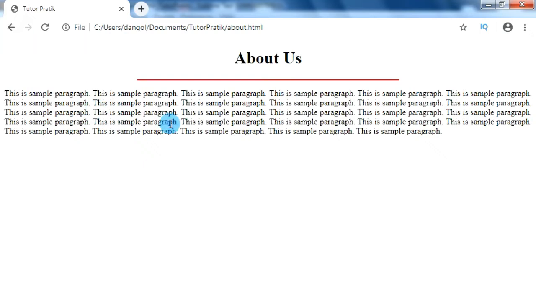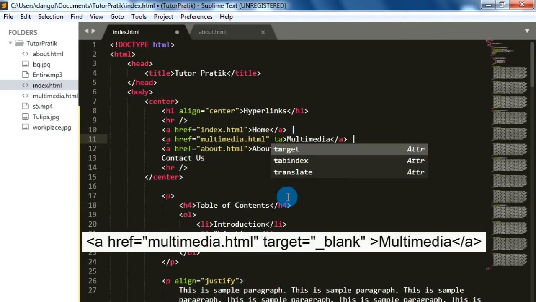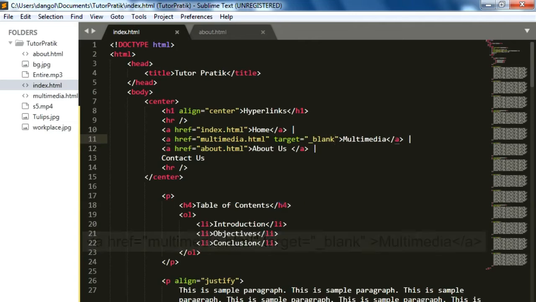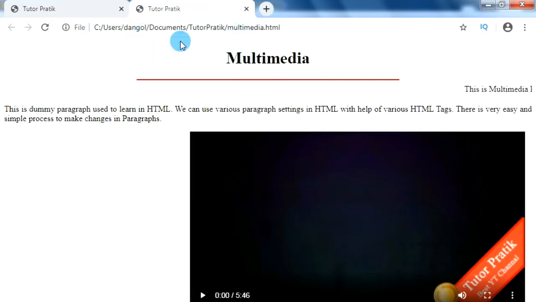But by default, we can see that the link pages open on the same tab, and if you want the link pages to open on a new tab, we have another attribute for it. For that, we just add the attribute target, and for a new tab we give underscore blank, and save it. Now check it in our browser. I get the target for this multimedia link, so when I click on this multimedia, it opens in a new tab. Similarly, we have other target values,